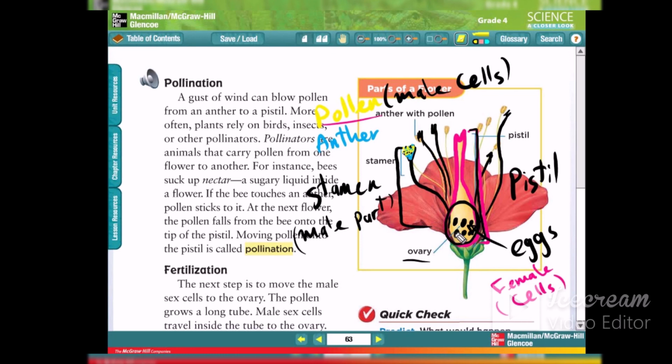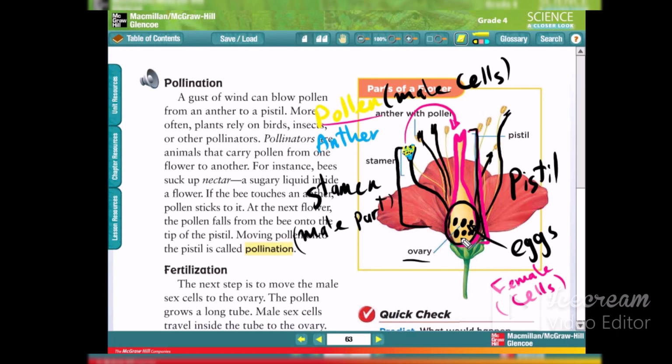Now that is the male parts, and that is the female parts. When the pollen comes inside the female parts, maybe moved by wind, maybe by insects, maybe by other things, we'll talk about that now, it will produce a seed. When the pollen comes to the eggs and they mix with each other, they will produce seeds. That's the way to produce seeds. When the seeds form, the flower will fall down and the seed will be protected by the fruit. It's really amazing, subhanallah.